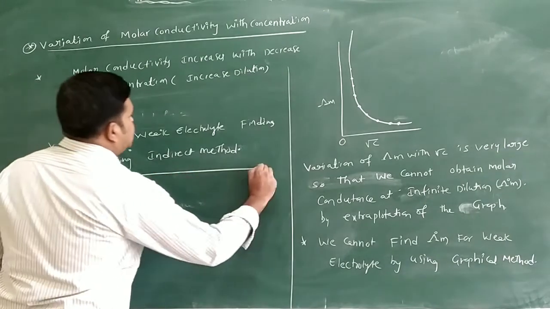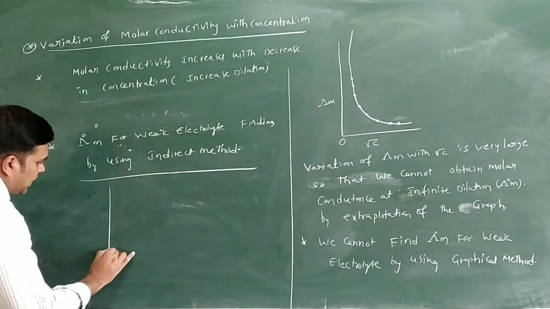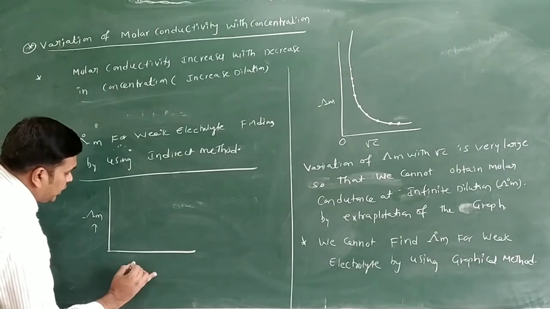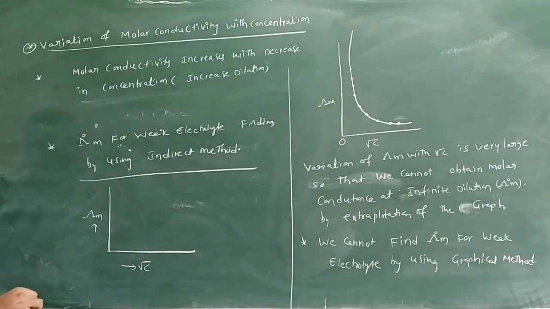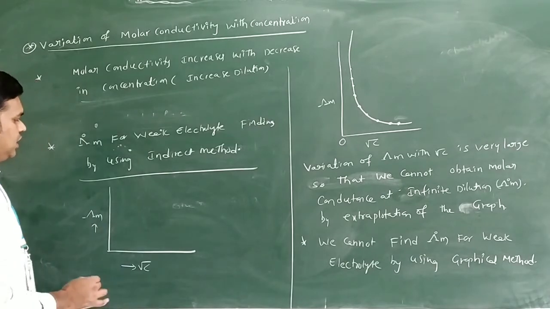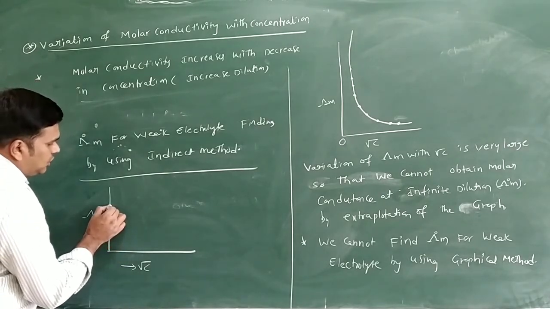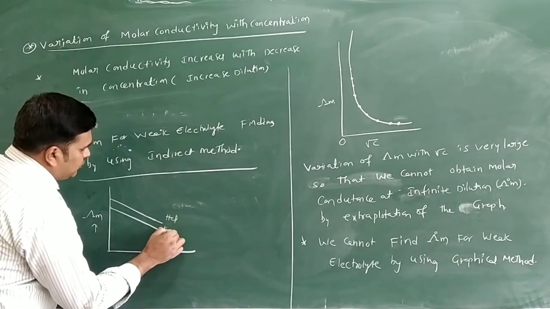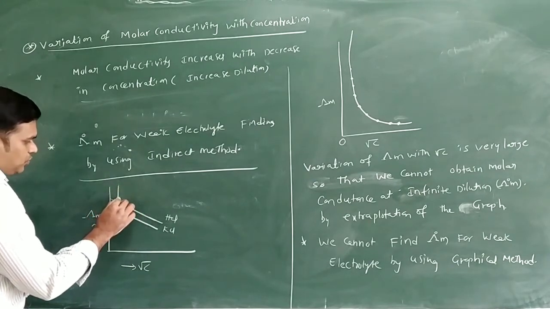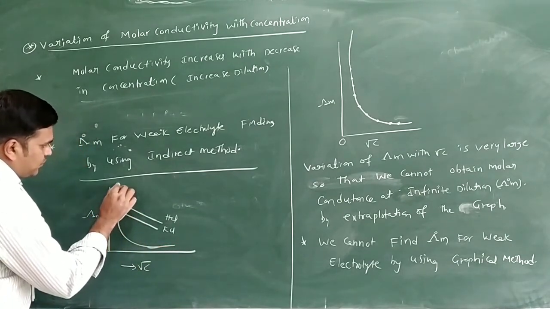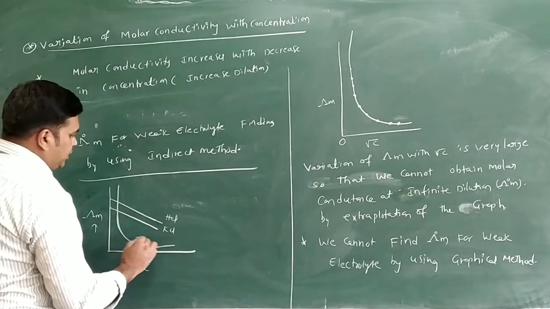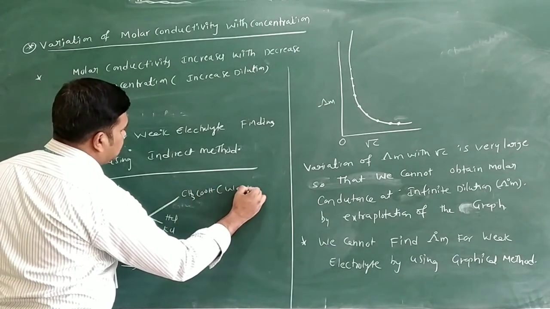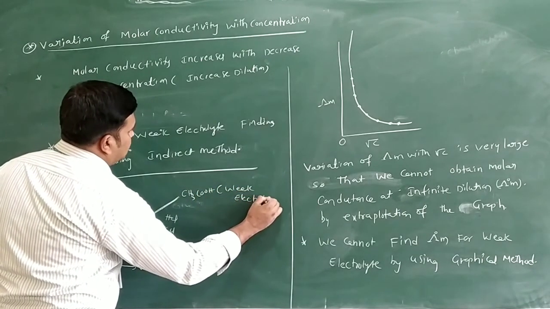Before this, you can see the graphs for the weak electrolyte and the strong electrolyte. I want to take molar conductivity versus concentration C. I will draw for both strong electrolyte and weak electrolyte. Suppose you are taking the strong electrolyte, you will get a graph like this. Suppose this is for HCl, or KCl. Suppose you are taking the weak electrolyte, this is for which one? This is for the weak electrolyte, so here I will write CH3COOH. This is a weak electrolyte.